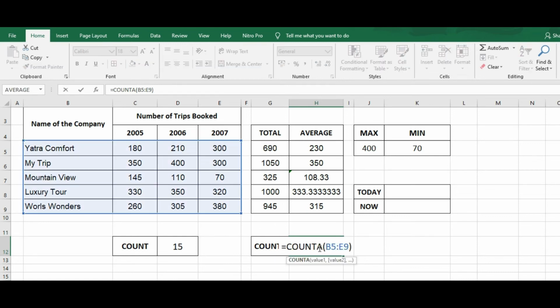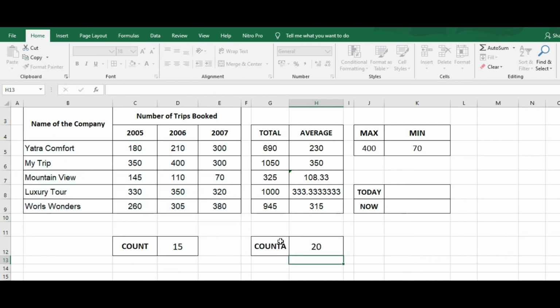Now I'm just changing this formula and changing the cell range. So I have included here these 4 cells in this range.